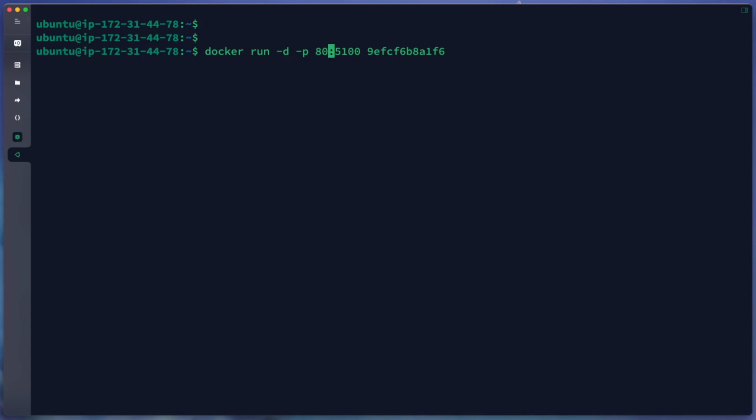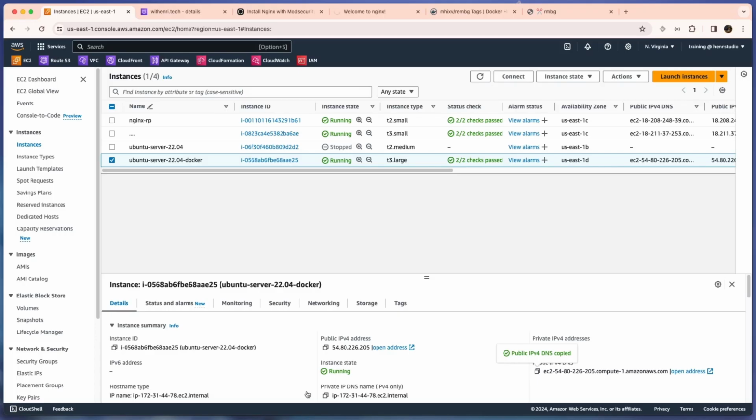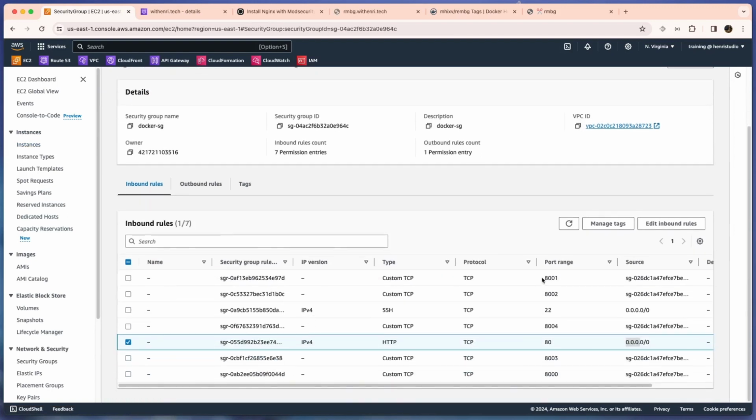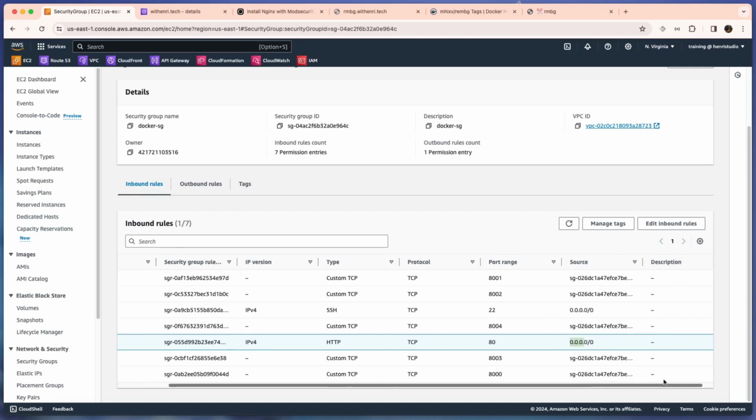So here I have set up some ports. We'll use port 8000. On the Docker container we have set the security with this security group. We only open ports 8000 to 8004, and they can only be accessed from this security group.